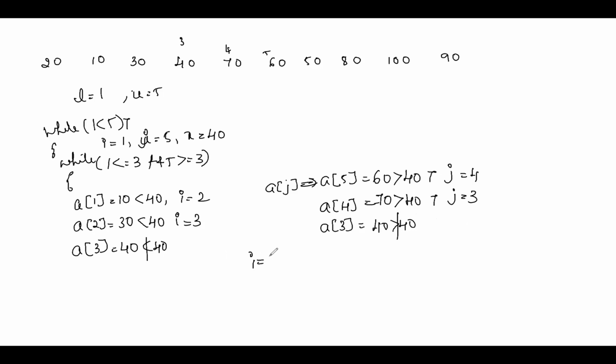Now we have stopped at I equal to 3 and j equal to 3, so we have to swap. Even if we swap, since both the values are the same, it is going to remain the same. Once we do the swapping, we are going to increment the I value by 1 and decrement the j value by 1. All right. Now once we do that, what we are going to check is,